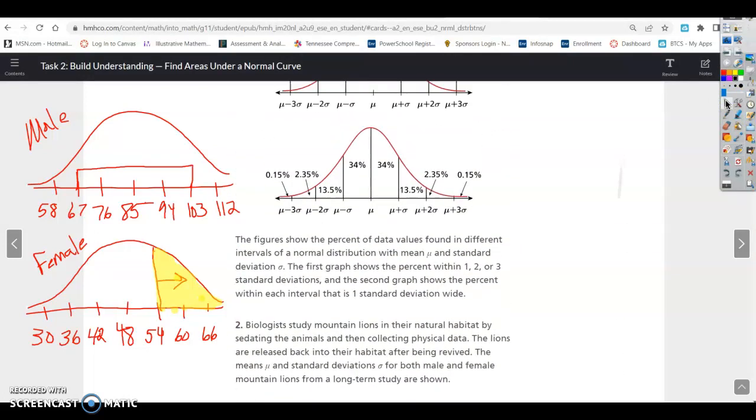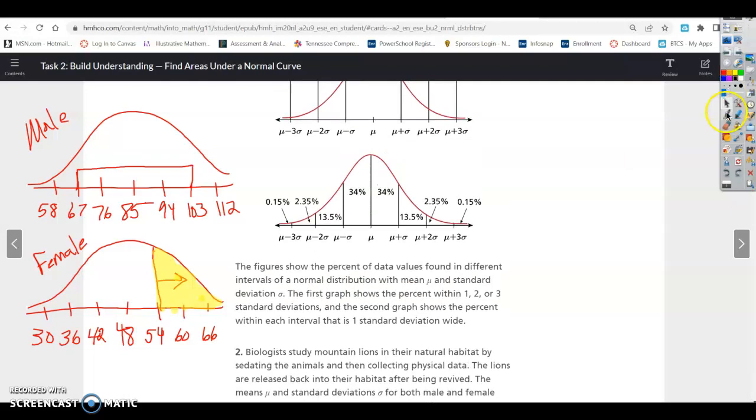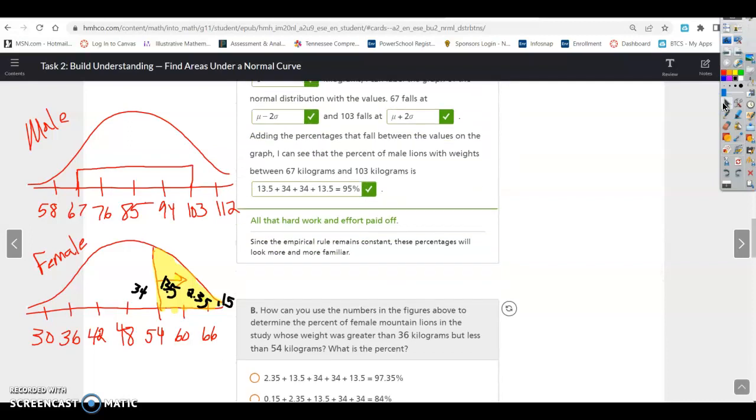We know that 48 is our mean. And there's 34% between the mean and one standard deviation. So there's 34% we know right here. So this is 34%. And we know that the next one is 13.5, and we know the next one is 2.35. And the last one is 0.15. So all we have to do is add those percentages up. So what we're looking at is above